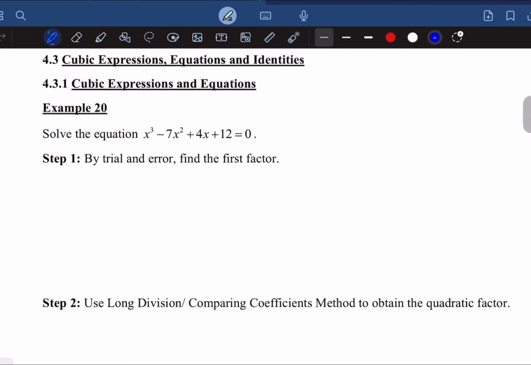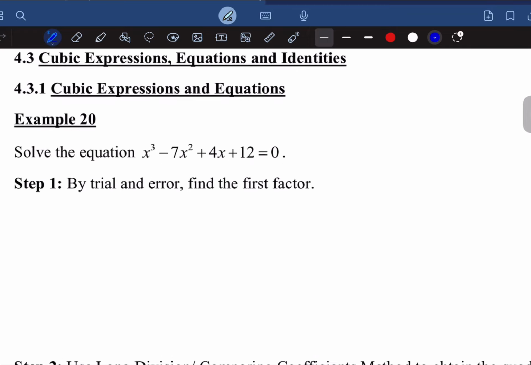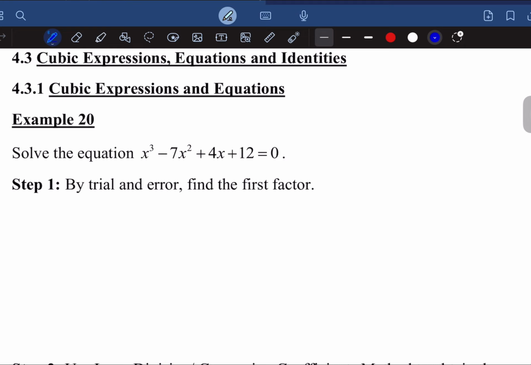Hi student, this is on cubic expression, equation and identity. For this cubic expression and equation, whenever we want to solve any cubic equation or quadratic equation, which means degree 2 and above, we have to make the equation equal to 0, then we factorize. And I mentioned before that the degree of this polynomial is power 3, which means that there should be 3 answers,